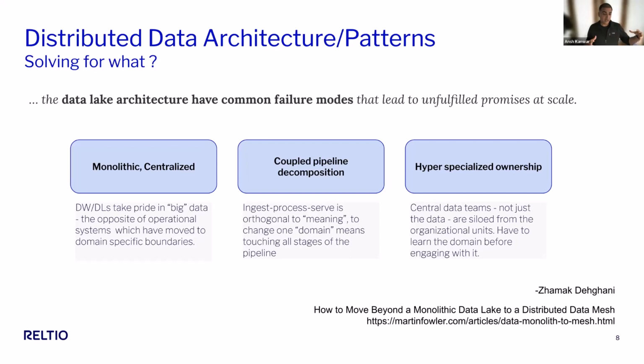And so the motion of going from these operational systems into the data warehouses, data lakes by design was a little orthogonal, right? The other thing that was not really fully aligned was we broke down generally getting data into